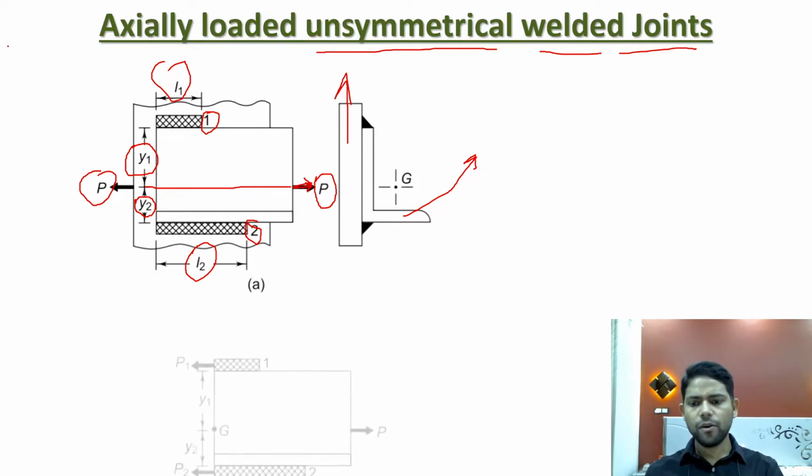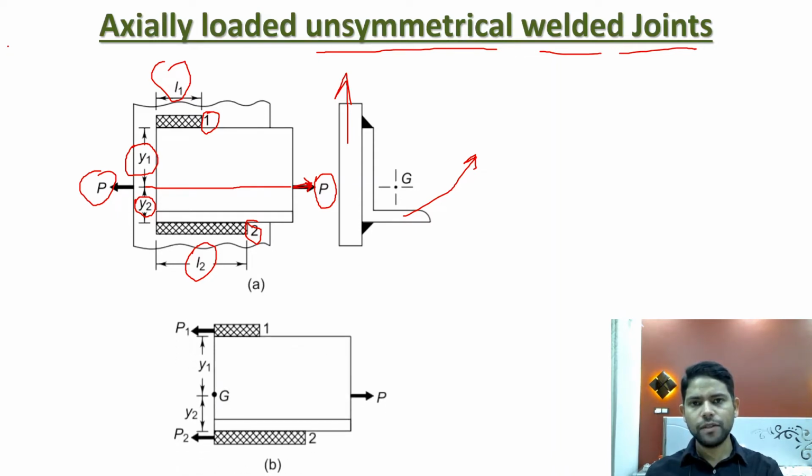Now this figure over here shows you the free body diagram of the welds, the forces acting on the weld. Now Sir Isaac Newton told us that for every action there is an equal and opposite reaction. So the action is the applied tensile force of magnitude P, and the equal and opposite reactions are your forces P1 and P2. These are the reactions developed inside weld 1 and weld 2 respectively, whose magnitude is P1 for the first weld and P2 for the second weld.